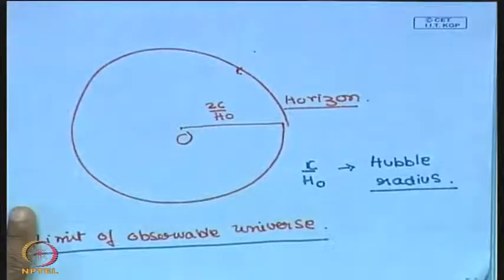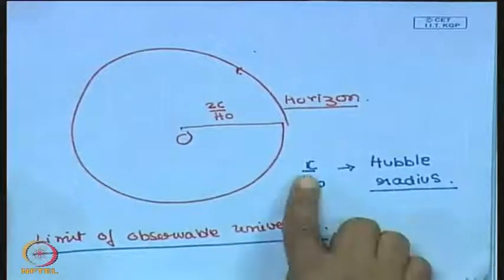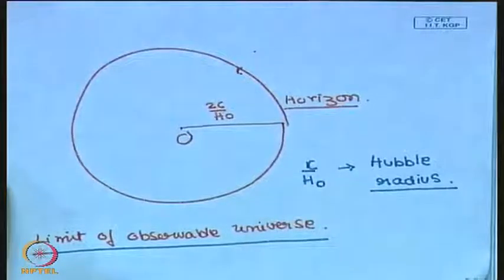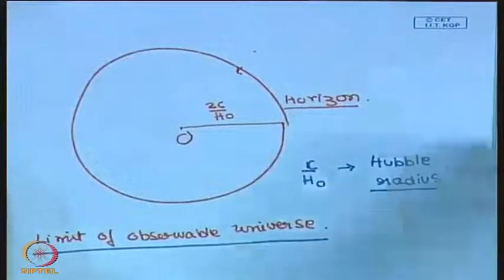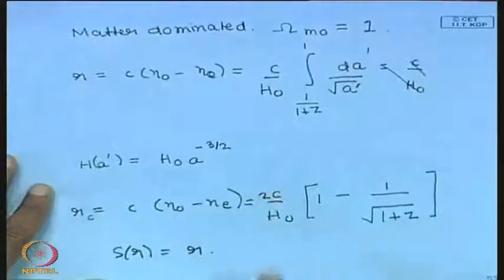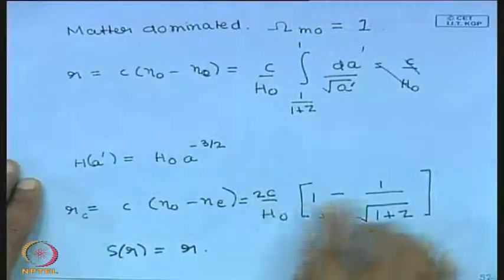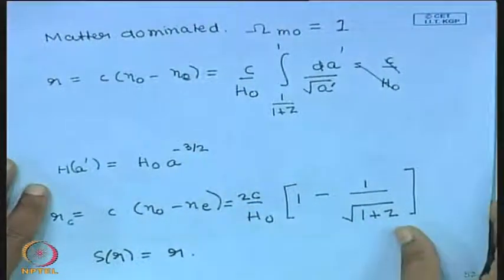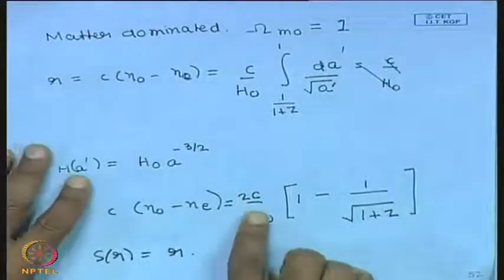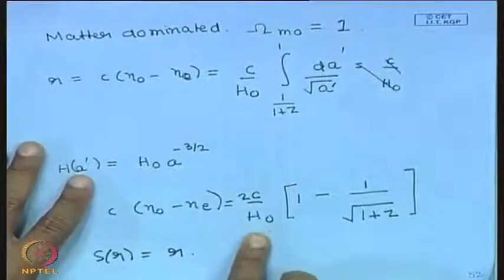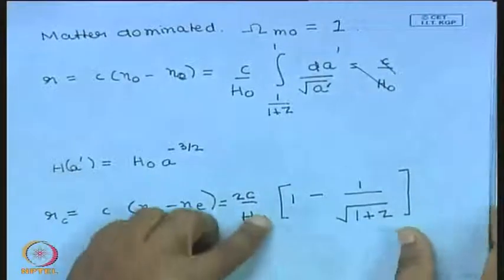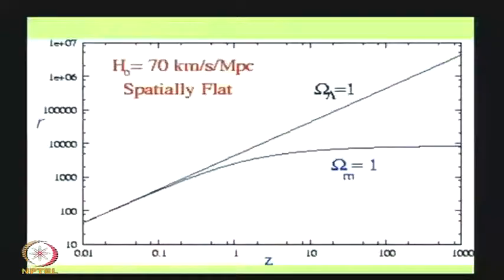Okay. And we had also introduced a length scale called the Hubble radius, c by H naught. In this particular cosmological model the horizon is twice the Hubble radius, and we can make an estimate of how much this is. So, let us quickly do this. This is a very important number. Let us just quickly make an estimate.